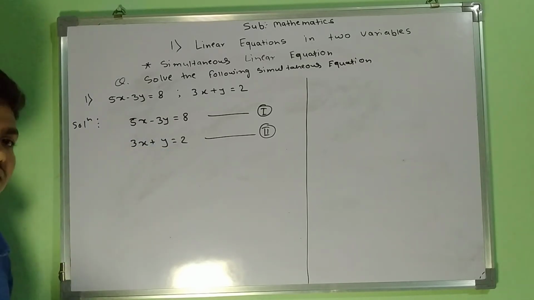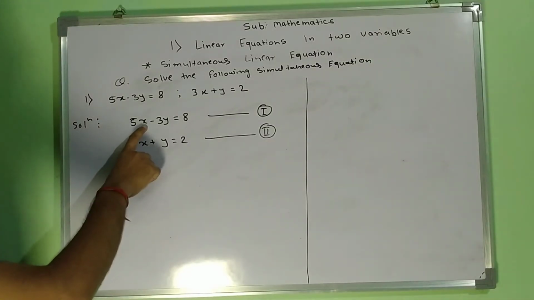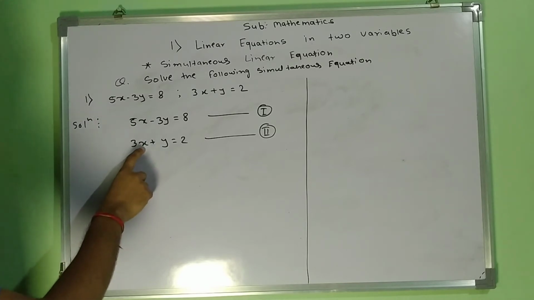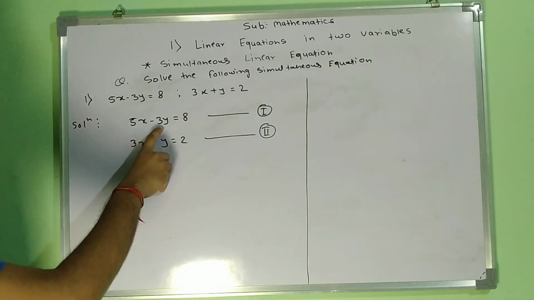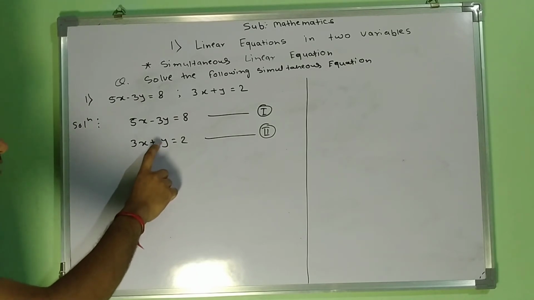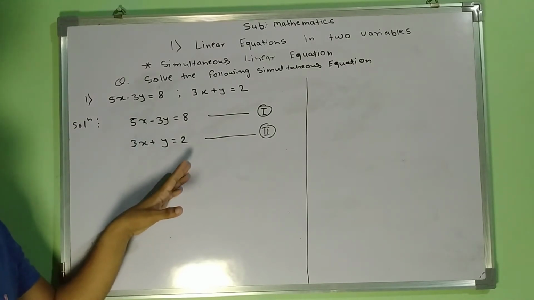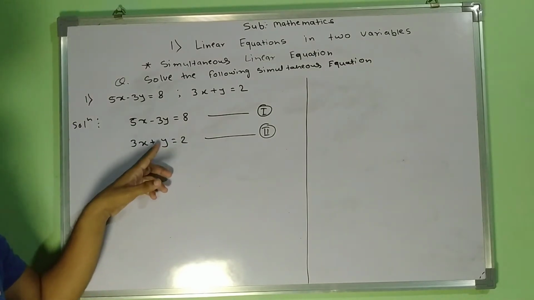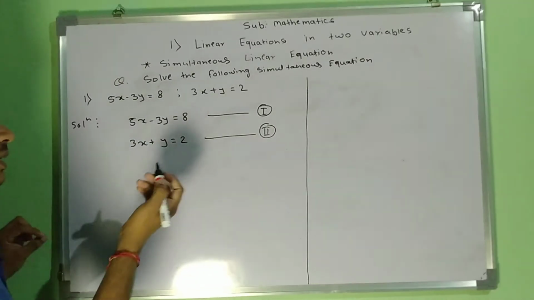Now here we have to find the value of x and the value of y separately. So for that, look at the coefficient of the variable x. Here we have 5 and in the second equation the coefficient of variable x is 3. Here the coefficient of variable y is -3, but in the second equation the coefficient of variable y is 1. If nothing is there, that means there will be 1. So if we multiply our second equation by 3, that means the real number 3, we will get 3 as the coefficient of y. So let's see what happens if we multiply our equation number 2 by 3.